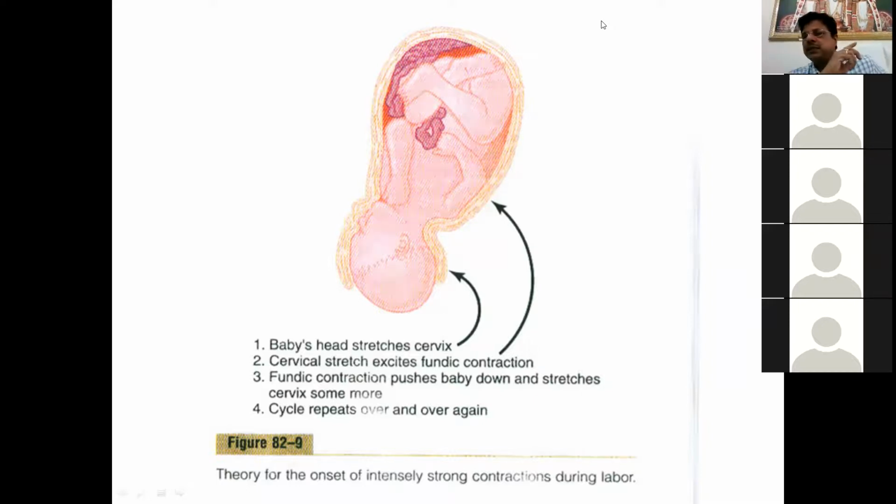Where does the fertilization take place? The ampullary region of the fallopian tube. Most often, fertilization takes place in the middle one-third of the fallopian tube. The most common site. It can take place anywhere, that's a different story. But in a series of studies, they saw that fertilization takes place in the middle of the fallopian tube. So the sperm has to travel